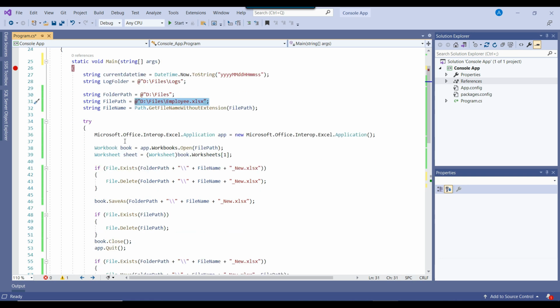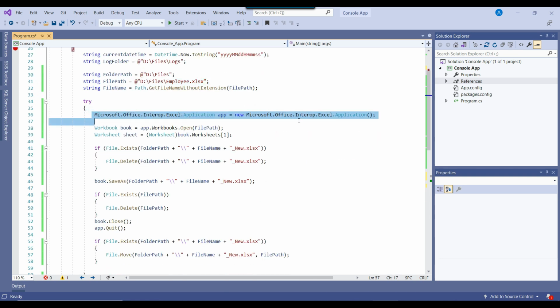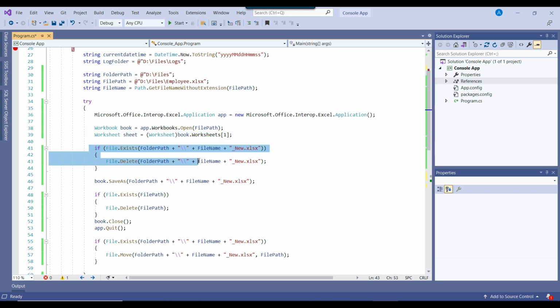Okay, and now in this code we are creating an instance of the Excel application. Then we open the Excel file and read the first sheet from it. Now we are checking if the file underscore new.xlsx exists, then drop the file. Here we are saving the original file with the name underscore new.xlsx.